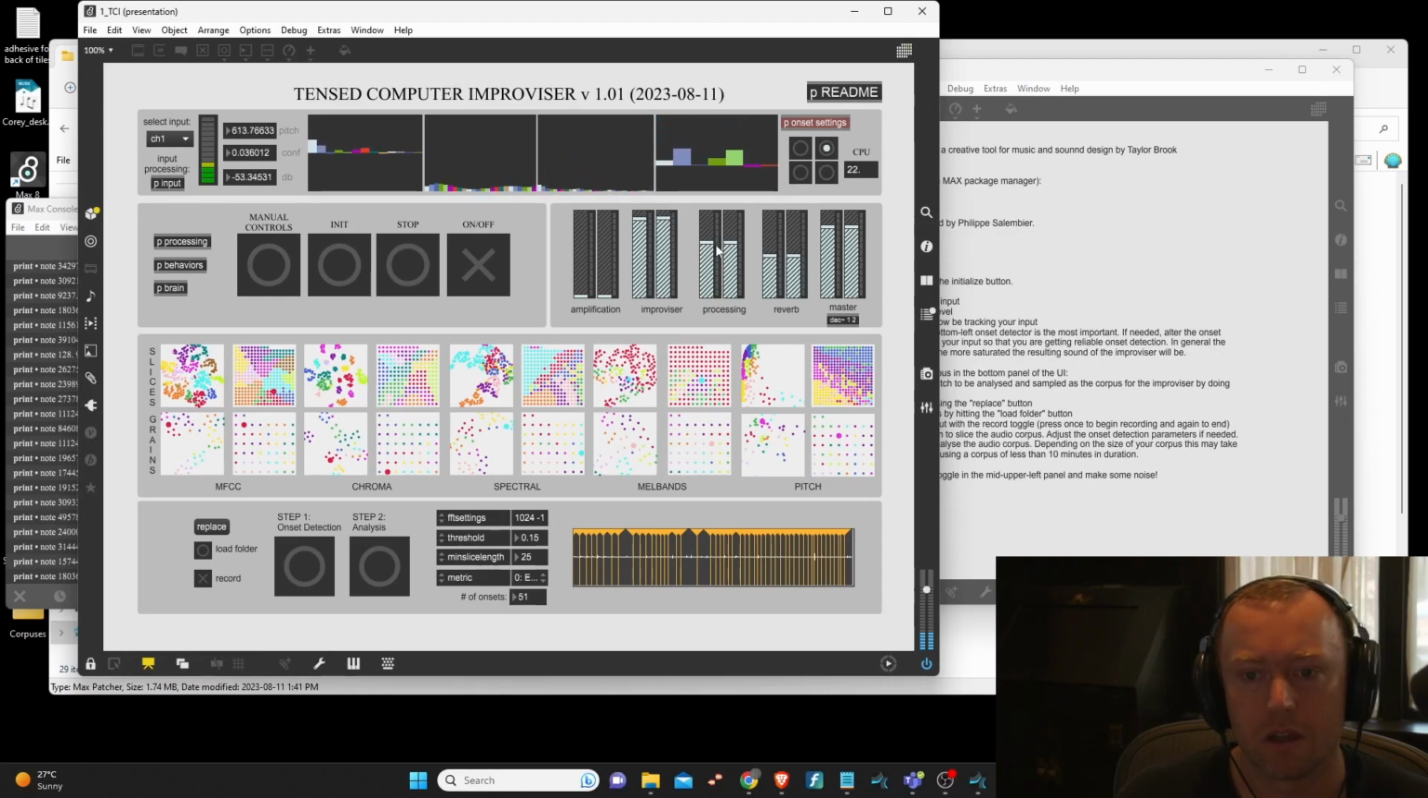So when you turn it off, a few processes will sort of finish. Let me just turn those down. So it might take a little time for the audio to actually stop once you've turned it off. It doesn't just cut off the audio, it just turns off the improvising